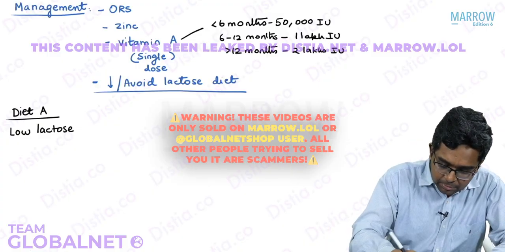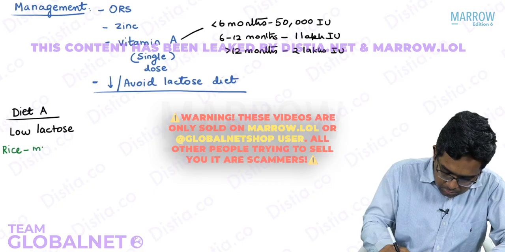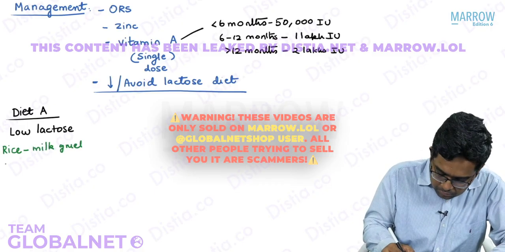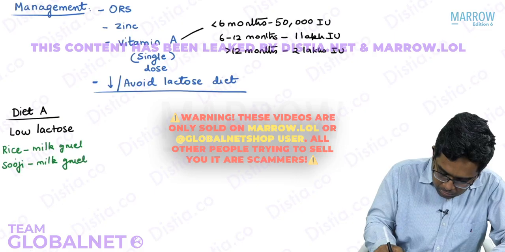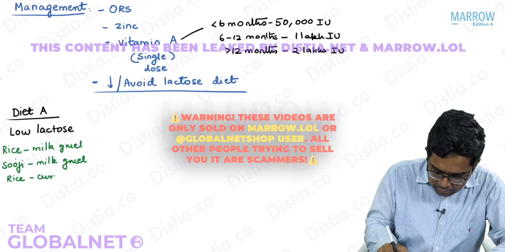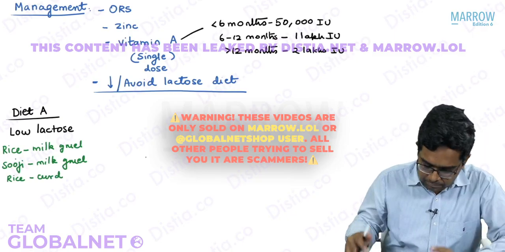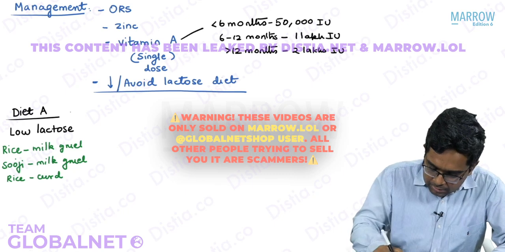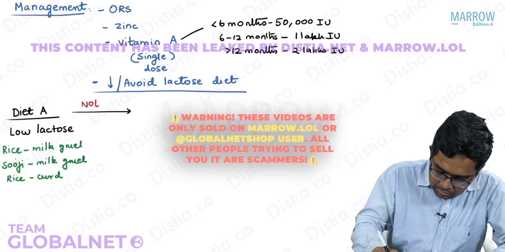It is usually given by mixing the rice with the milk and forming a gruel, rice milk gruel, or you can make a gruel of suji and milk, or you can mix rice with curd. All these are ways by which we can decrease the amount of lactose in the diet. Suppose the child is not responding to this diet A, which is a low lactose diet,